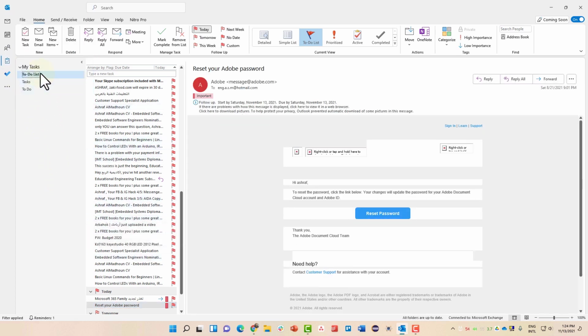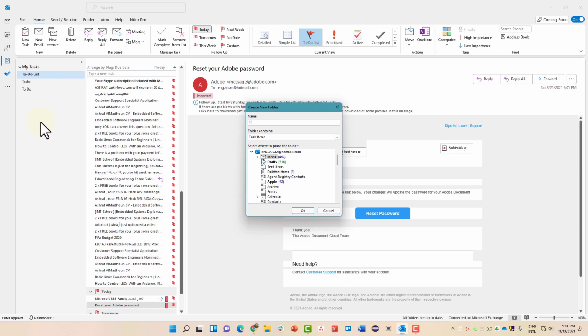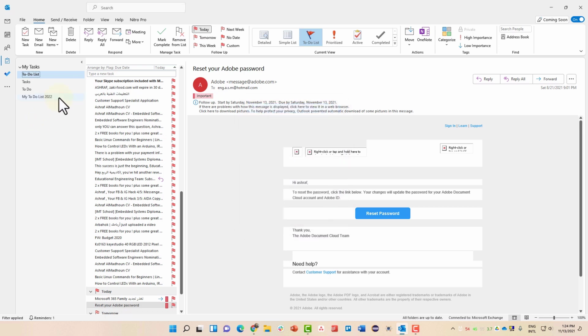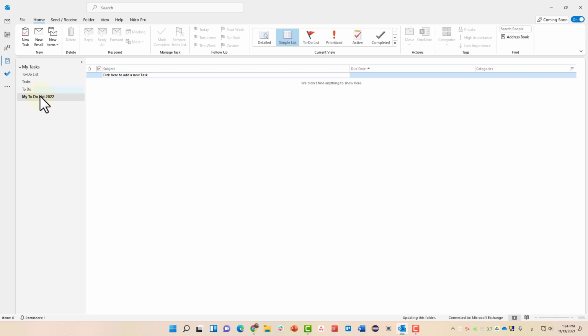You have more than one folder: to-do list, tasks to do, and you can right-click to create a new folder, and let's call it my to-do list 2020 or 2022. Now here we have a new tasks list. You can simply add a new task by writing here, write a report,